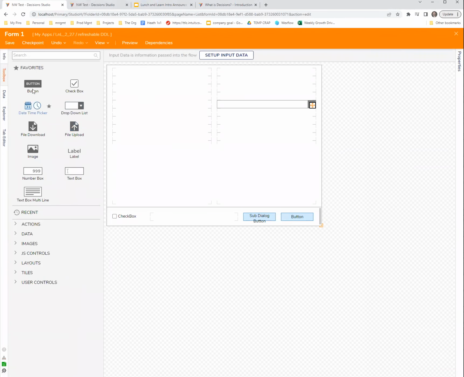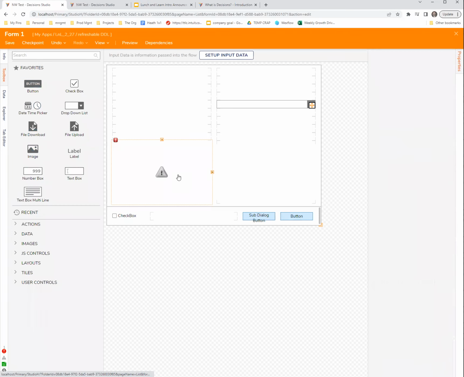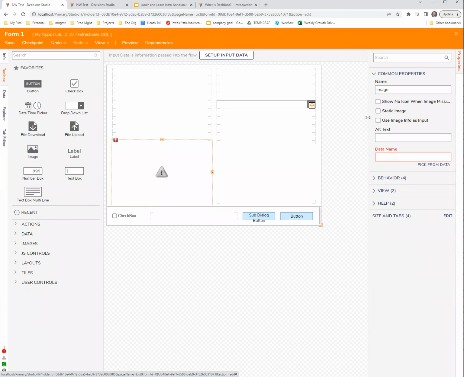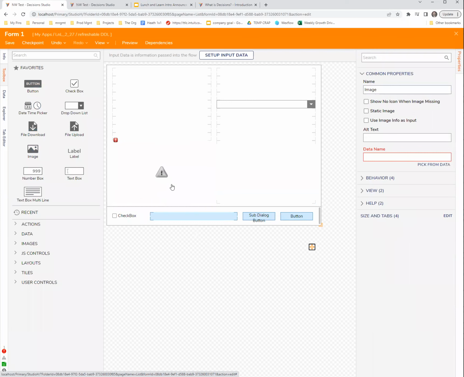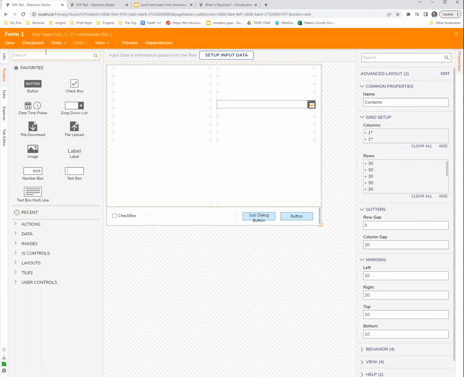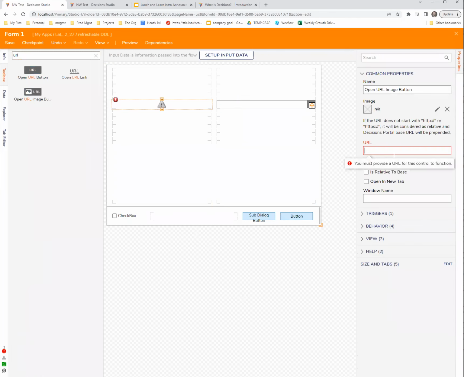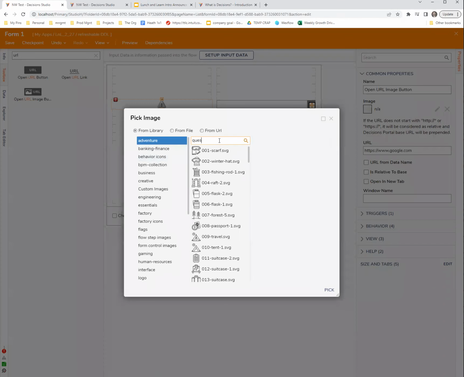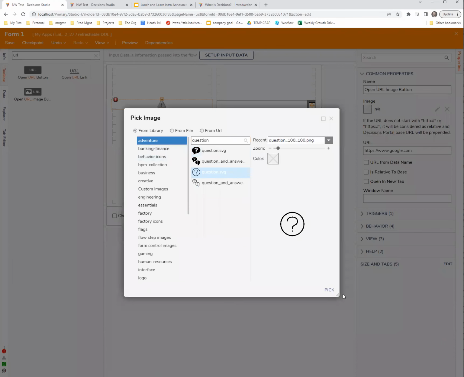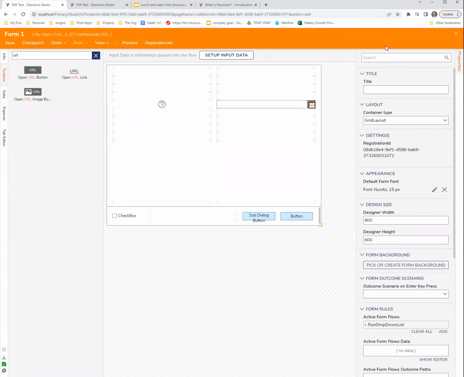You could do an image with that question mark. And maybe let's just search for URL, open URL image button. So you could put this next to something. You could then put your URL here. And then, of course, pick your question. You know, there's question. And then here, if we were to do this,